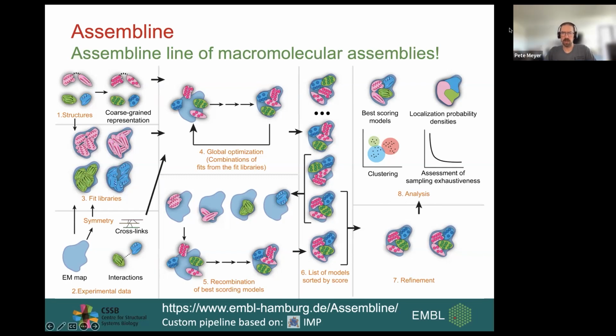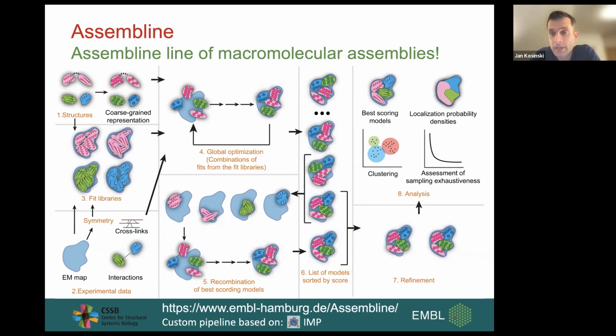How would you recommend dealing with potentially unknown stoichiometries if you've got multiple copies? Yeah, so you can sometimes get a good impression of stoichiometry from the first fitting step of the fit libraries. When you analyze these p-values, you sometimes see multiple positions with good p-values, and then you can maybe guess the stoichiometry from that.